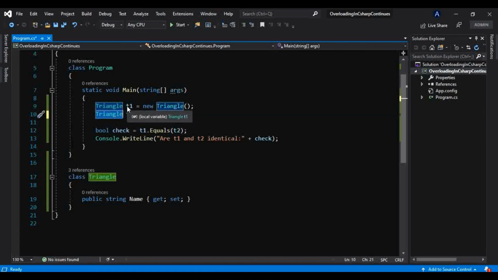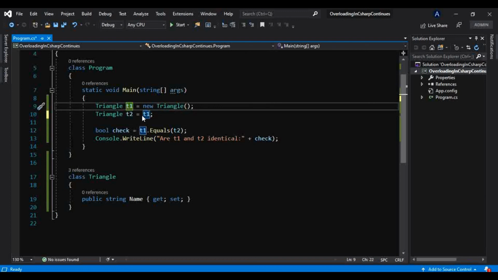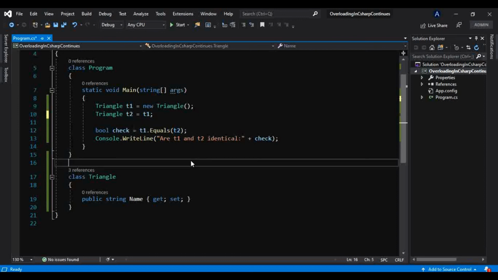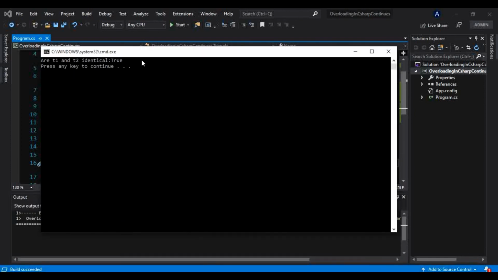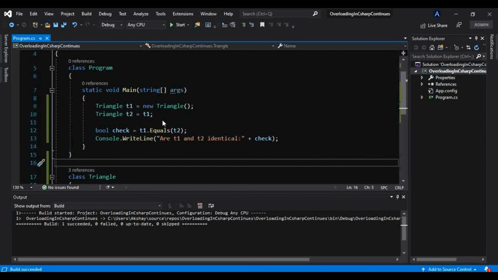What we have just done is nothing but pass by reference. We are storing this object into this object. So now both these objects are pointing to the same reference in memory, and that I will show you. If I run this, it has printed true. So now it is pointing to the same reference.